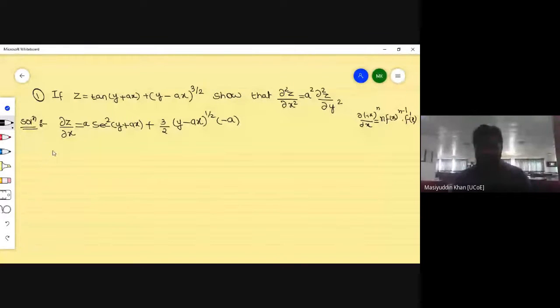So dou square z by dou x square is equal to, we have to take the derivative again of this part. So a into 2 sec square of (y plus ax)